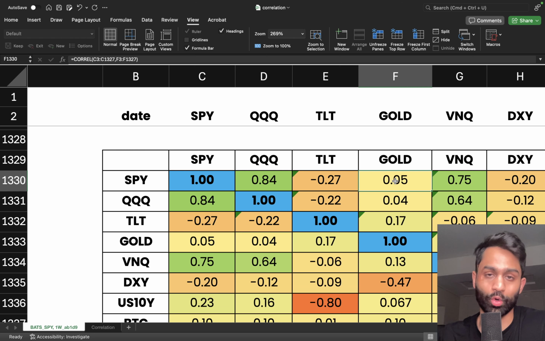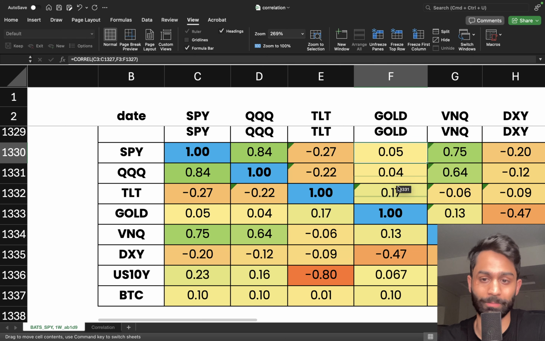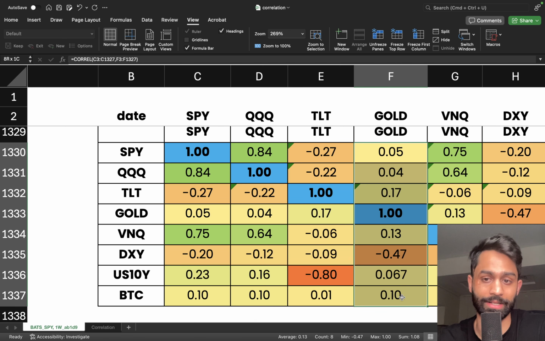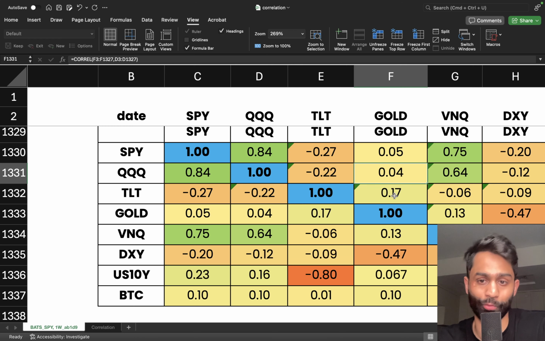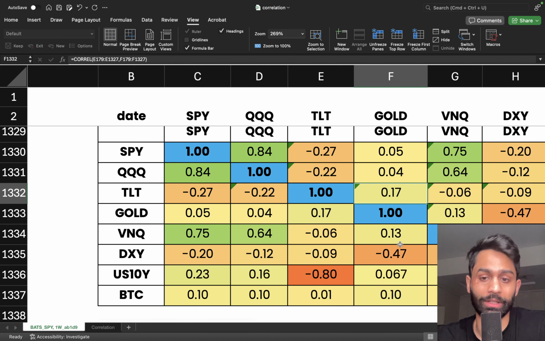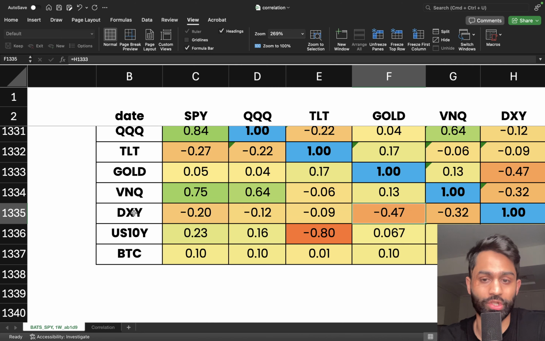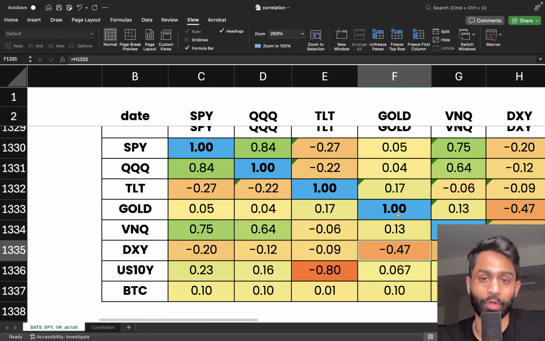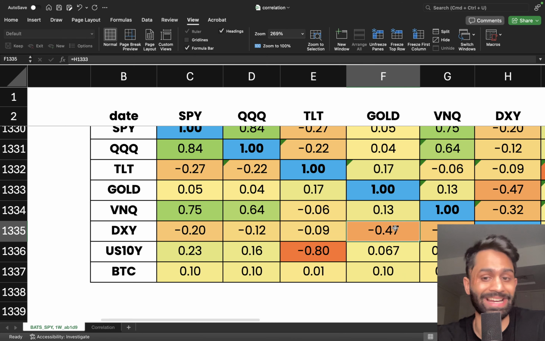But the bottom line is that gold in itself is a very uncorrelated asset class compared to equities or real estate for that matter. You'll notice that across the board, it trades mostly at zero. Compared to the NASDAQ, 0.04, compared to the bond market at 0.17. So slightly positively correlated, but again, really, really low. The only time it is negatively correlated is with the US dollar. The US dollar has one of the most significant negative correlations on this matrix, with the dollar index. Everything else is about as close to zero as possible.